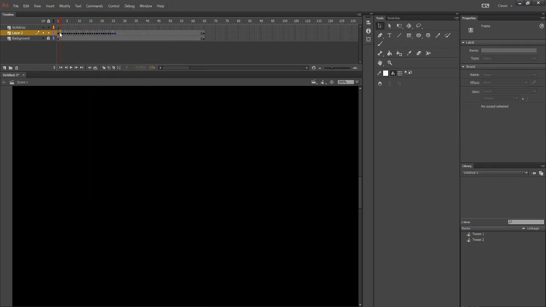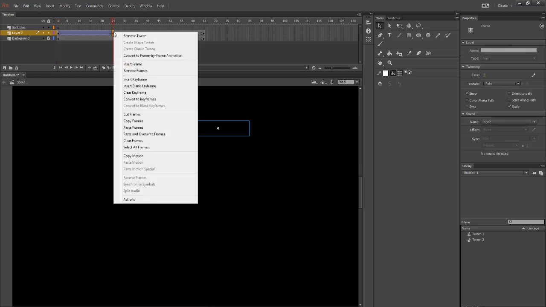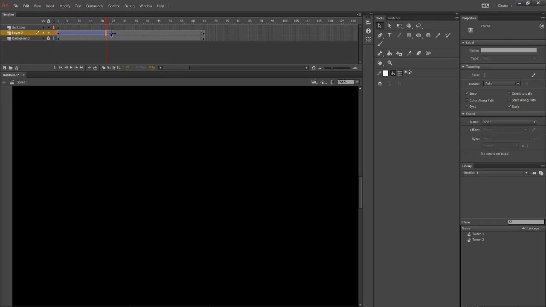Convert to frame by frame animation. You are at 0. Control Z. That didn't work. Okay.